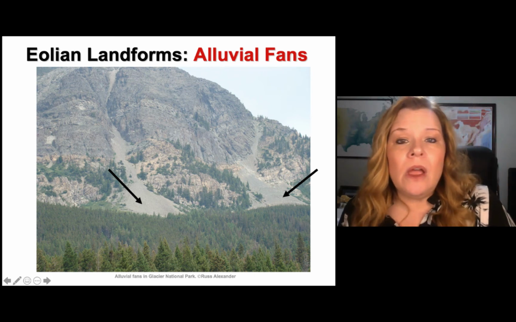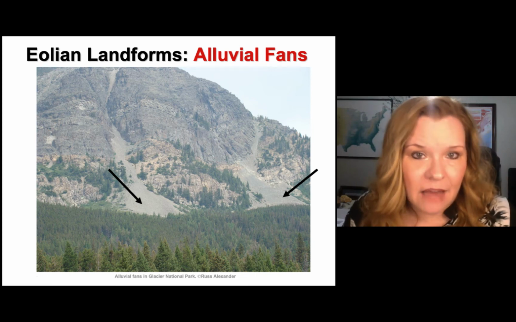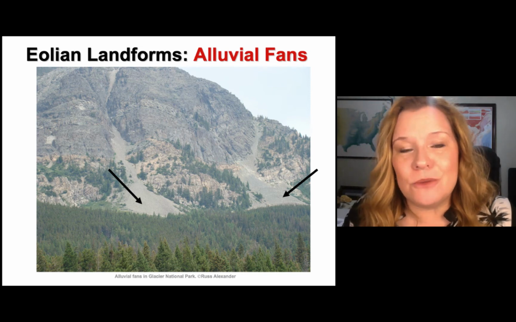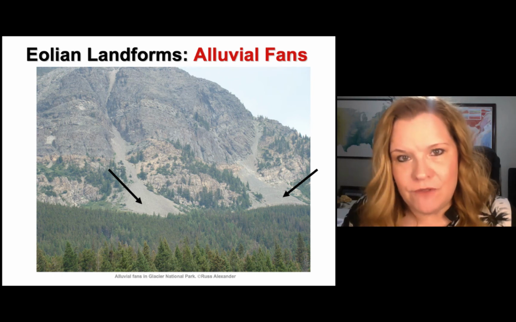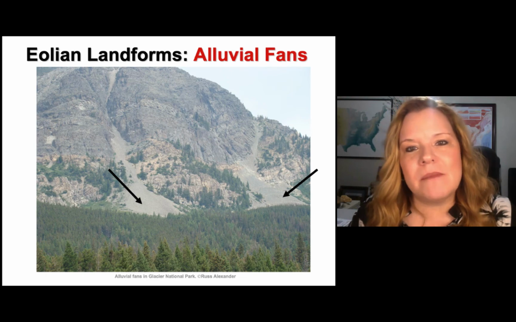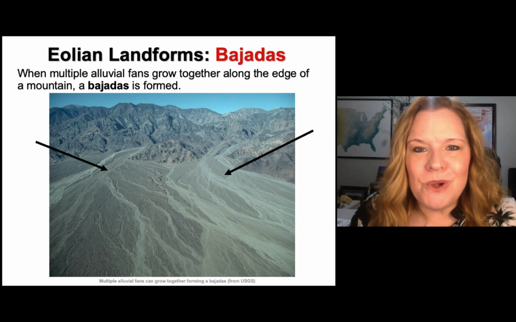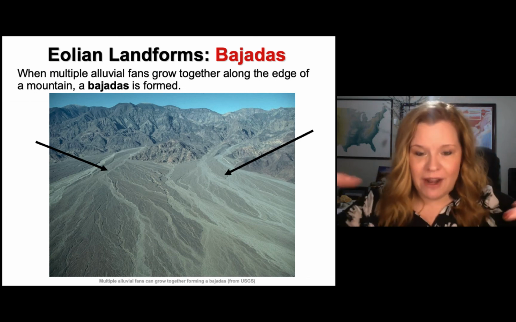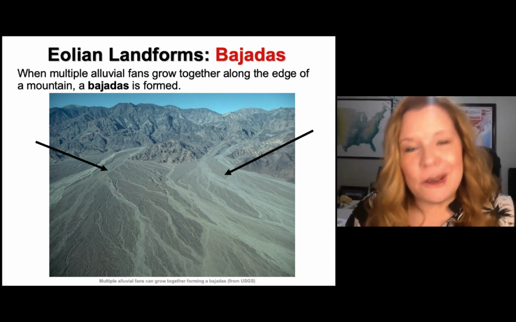So the same thing can happen along a mountain, and water drains and deposits alluvial fans at the bottom. In layman's terms, when we see this kind of thing in mountain ranges, we call it a talus slope. And one of the things I'd point out is alluvial fans and talus slopes typically have very angular sediments that didn't travel very far by water. They just kind of fell off of something. And that's certainly the case in mountainous alluvial fans. When you get multiple alluvial fans that start to join up, this is in Death Valley, they start to spread out and their alluvial fans begin to connect and kind of become a family.